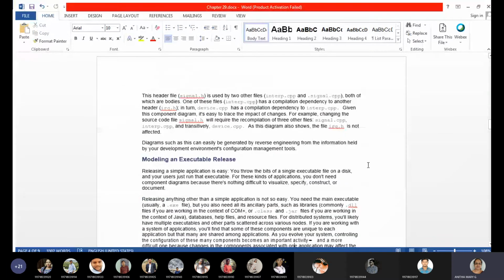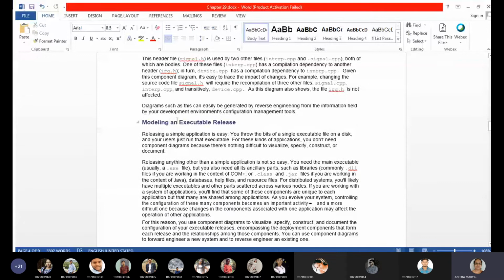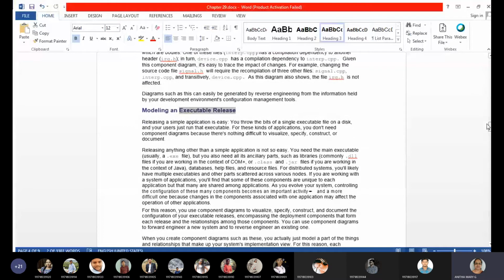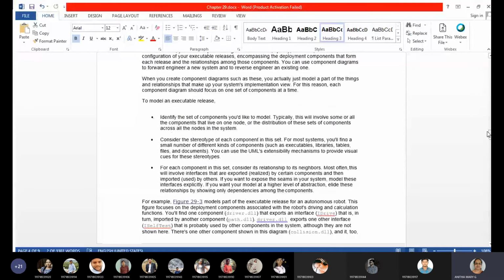Then moving on to the second common modeling technique, which is about executable releases. Executable is nothing but .exe files. So during execution time, what are the things we use, and how are component diagrams useful during execution?